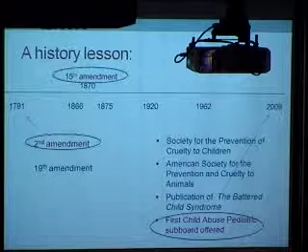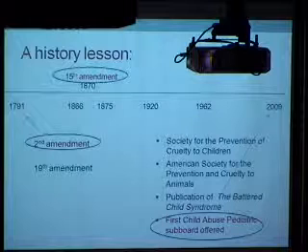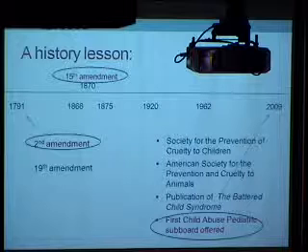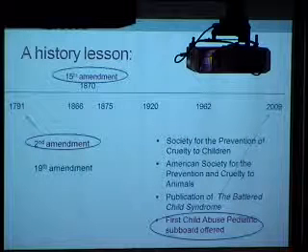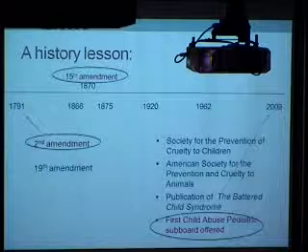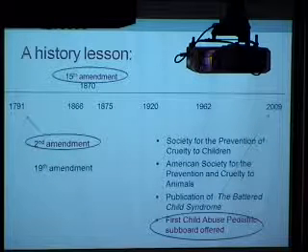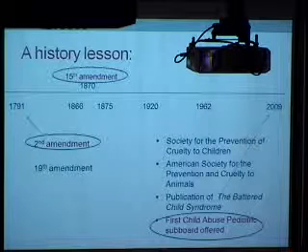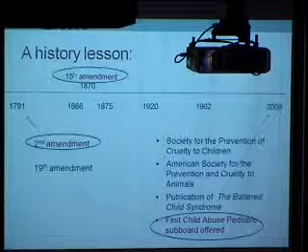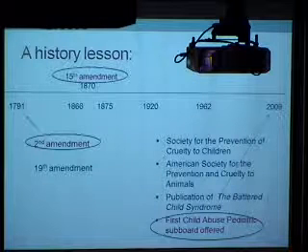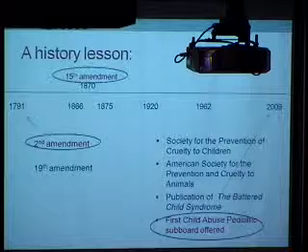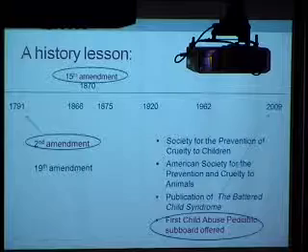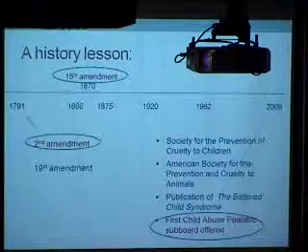So what I want to focus on is the late 1800s for a very brief story that ties the prevention of cruelty to children and the prevention of cruelty to animals together in a not-so-obvious way. The publication of the battered child syndrome happened in 1962, and it wasn't until 2009 that the first subboard for child abuse happened. What I took away from this, besides it being interesting, was that it's a very slow evolution for child abuse pediatrics compared to most of the other subspecialties in pediatrics.